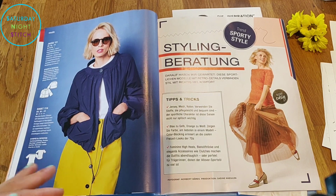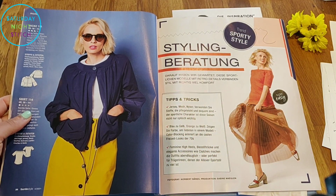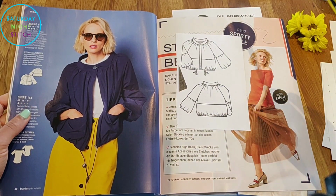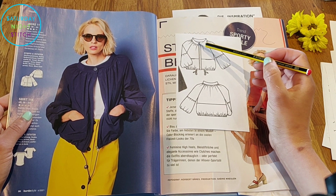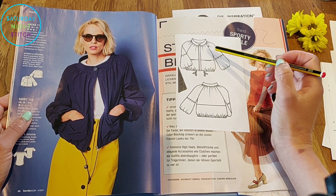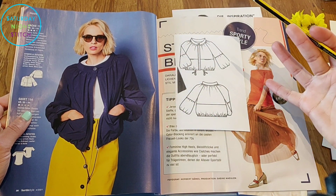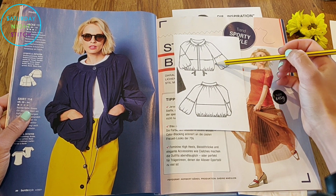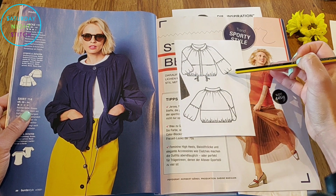Okay, so we move on to the slightly nautical, sporty style stage. And we've got this very interesting looking jacket, which has got a lot of interesting detail. We have a stand collar, raglan sleeves, and then there's some gathering here to give it more volume. We've got a partial sleeve here, and then we've got another gathered sleeve that's created a tulip effect at the